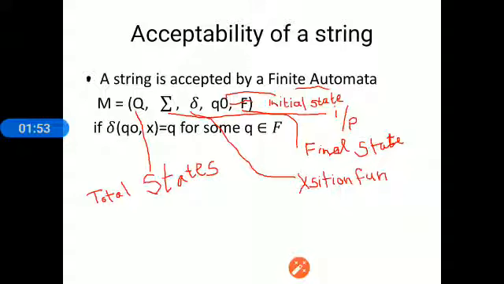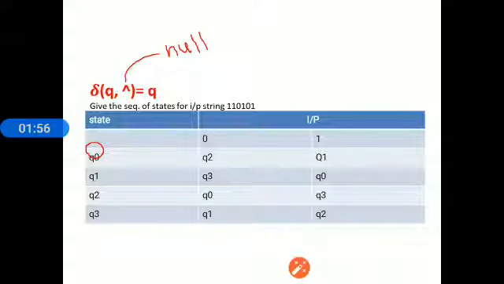Let us see the problem. This transition you have to remember: δ(q, null) = q. And if q is a final state, then we say that the string is accepted. In the given table, there are 4 states and 2 inputs, 0 and 1. So this is the given automata and the string given is